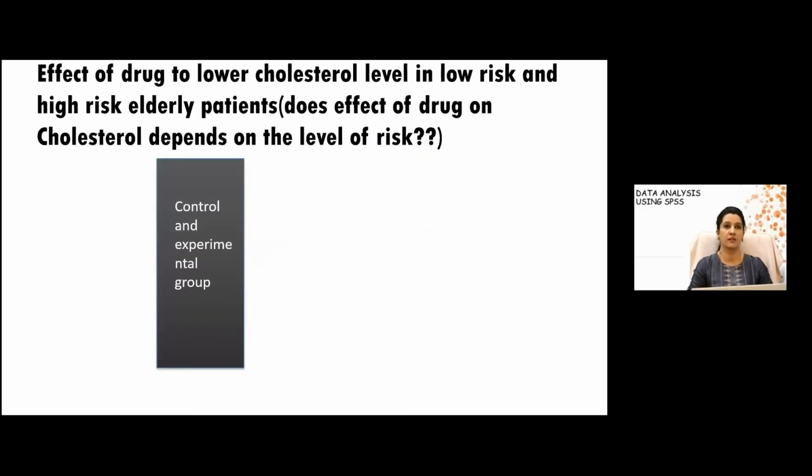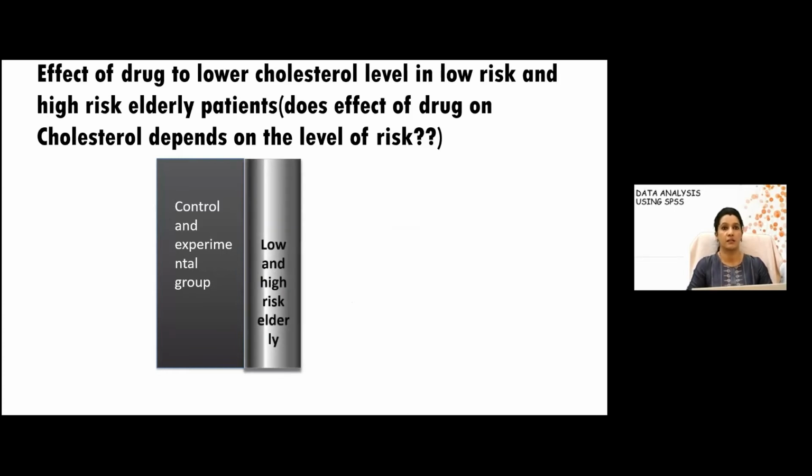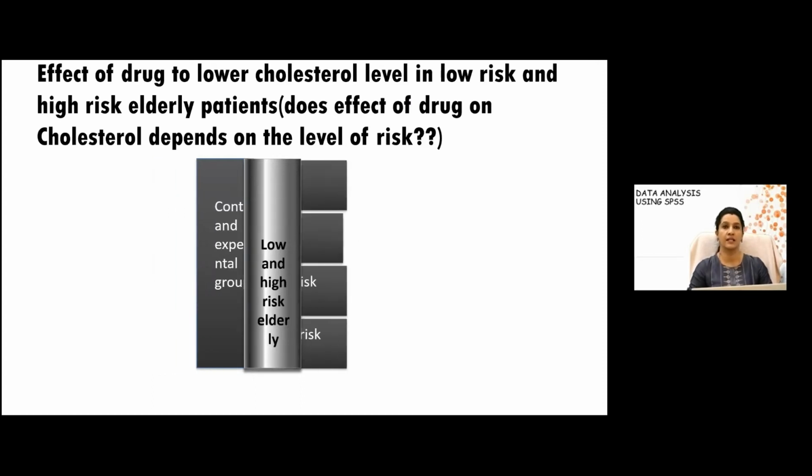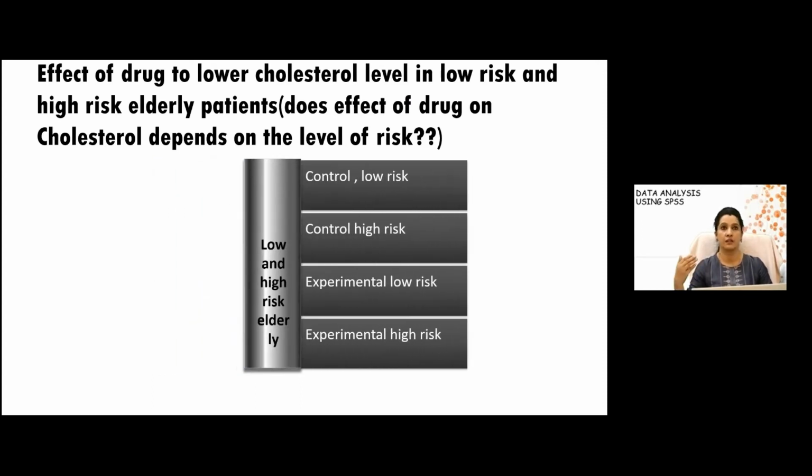So now this is another research question. Suppose a researcher wants to see the effect of a drug to lower cholesterol level in low risk and high risk elderly patients, and he has added another factor, that is risk status. So if he has added the low and high risk elderly, and then he is seeing the effect on cholesterol, then again, like you have seen with gender versus obesity, there will be 4 groups, because there will be a control group with low risk, control group with high risk, experimental group with low risk, and experimental group with